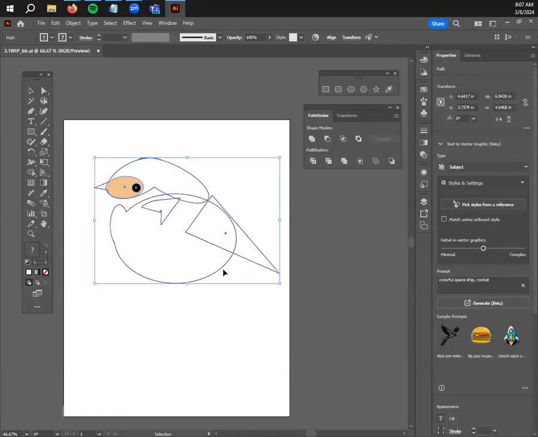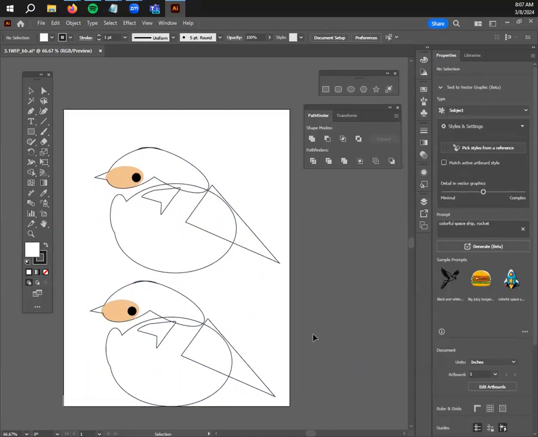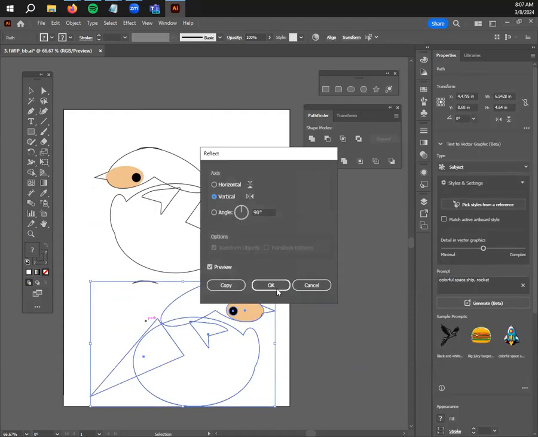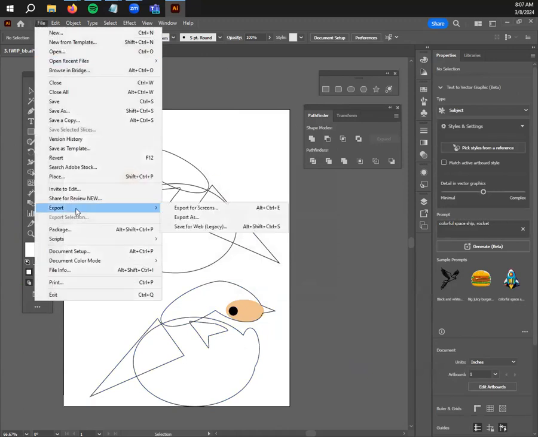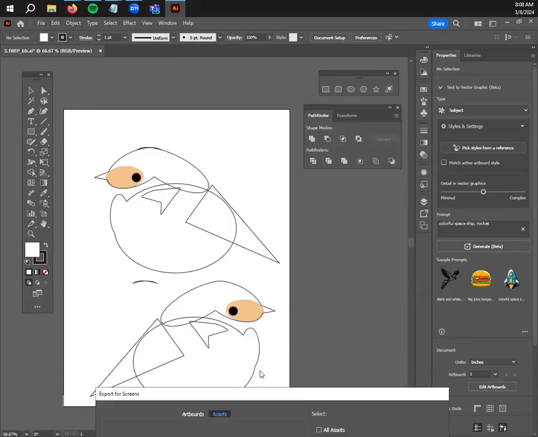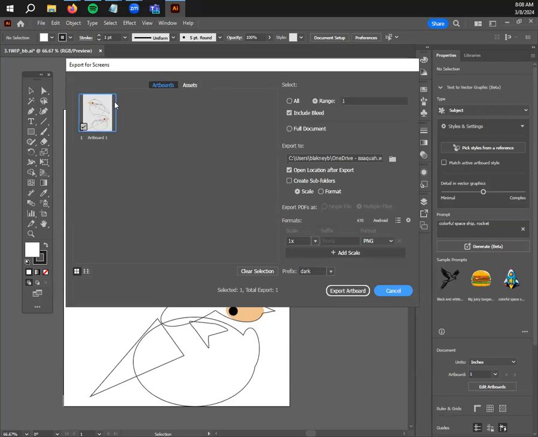Let's imagine that I had two creatures, because remember, you're required to have two different shaped creatures. So I have two birds. If we want to get crazy, we can flip them. There we go, two totally different birds. You're going to go up to File and then Export for screens. It's going to want to take you to this Assets panel if you have something selected. Because I just recently did this transform on my second shape bird, the Assets tab is lit up in blue. We want the Artboards tab. You can see it gives you a little preview of what you're exporting. If you had multiple artboards, you could check all those off.